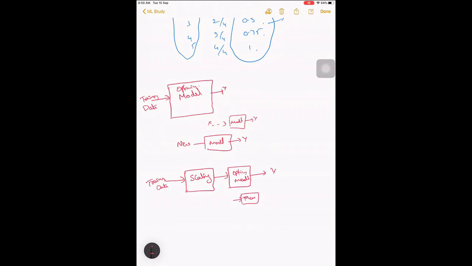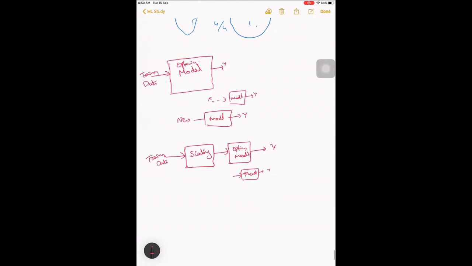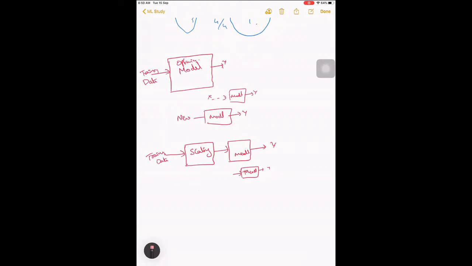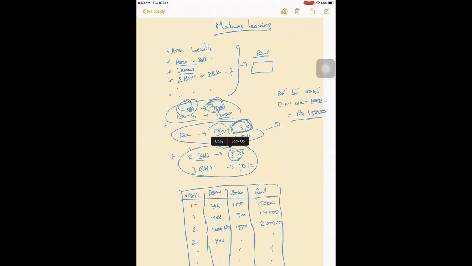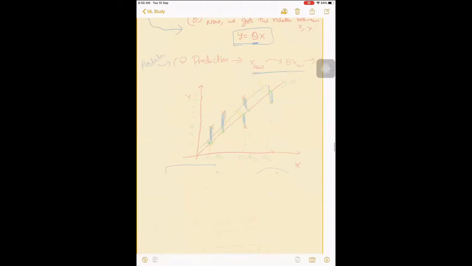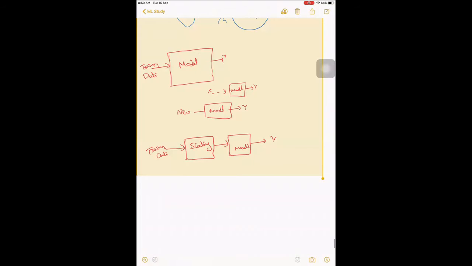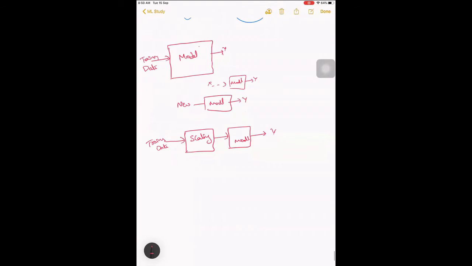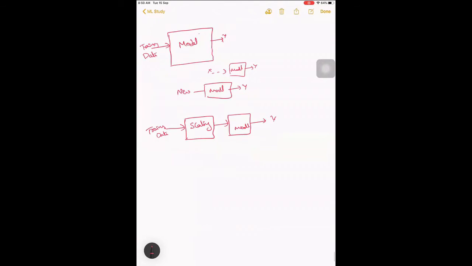After optimizing, let's call it model only, for the flow here. So this is what we have: after scaling the data, we are passing it through the model. We have now added the scaling before that, right?